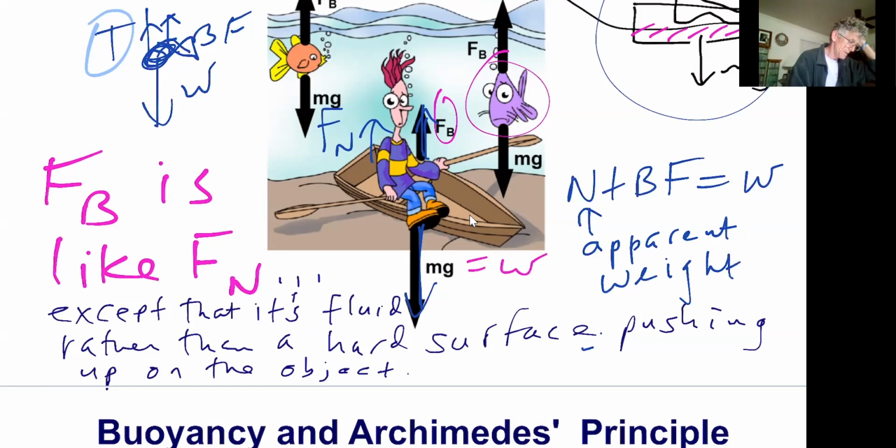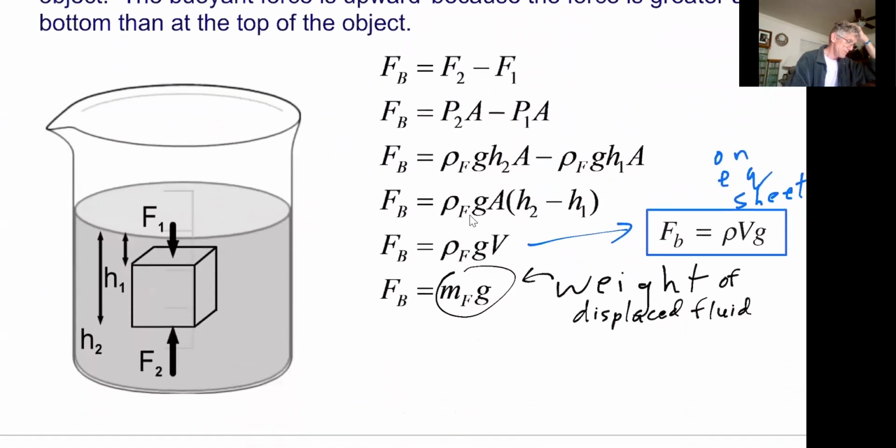So let me write it like this. So the apparent weight will increase, if you have tension, if you have buoyant force, the tension won't be as big as if you, I'll get back to that, okay? Okay, so let's explain why